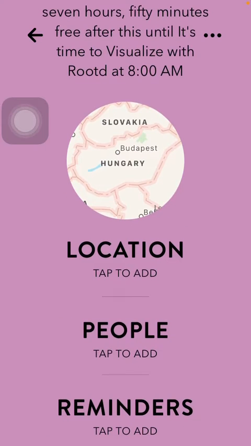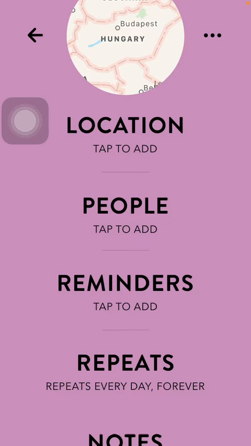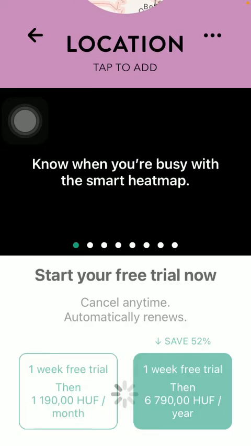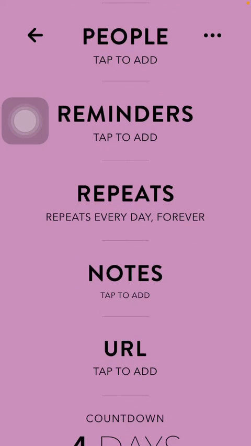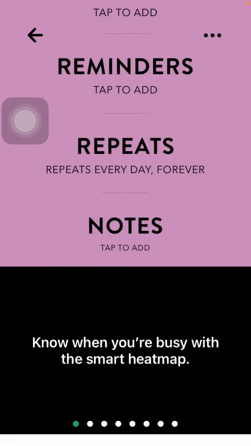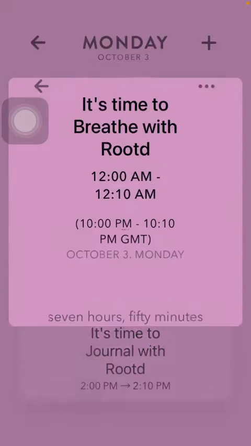Here you can see your location that you can also add if you have a premium membership. You can also add people to this schedule, reminders, repeats, notes, and URL. As you can see, there's also a countdown here, and if you tap on this three